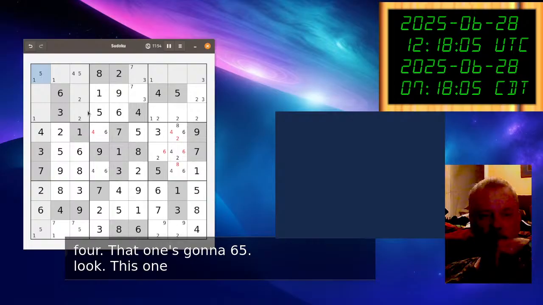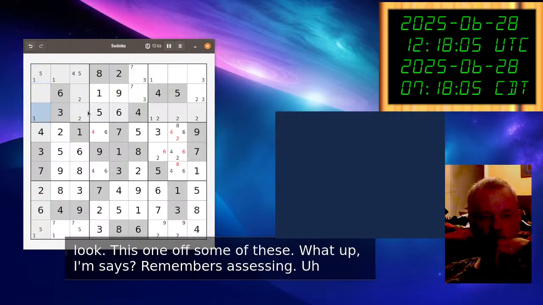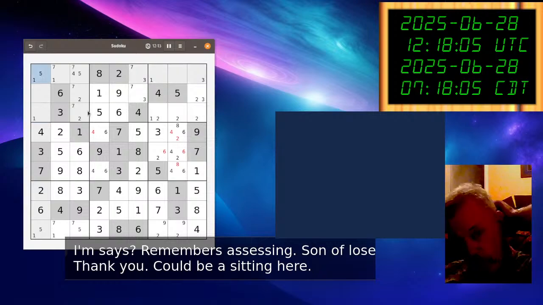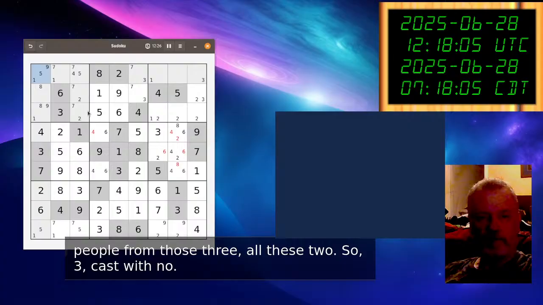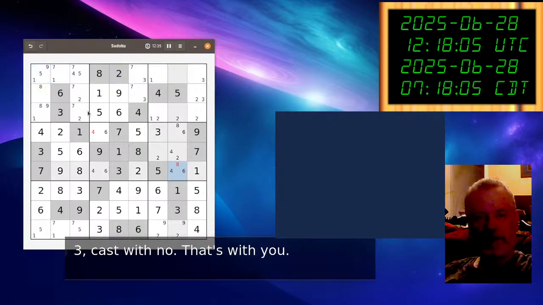So 7s. One says can't be any of these. Could be a 7 here, here, here, or here. Okay, and 8 blocking those 3, these 2. So we've got 2 8s possible here. And 9s possible here. But 6, 4, 2, 8,